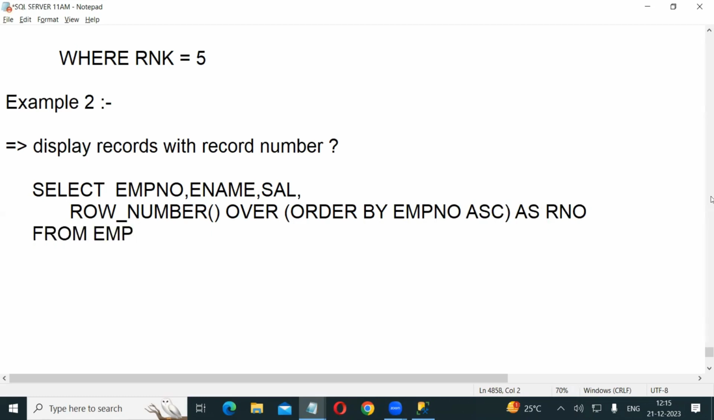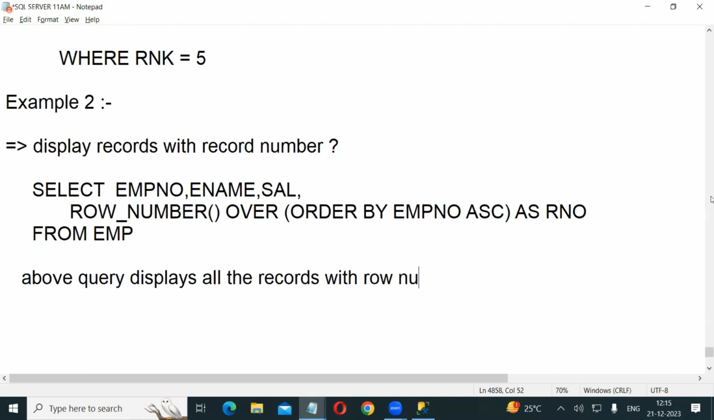So what this query gives? This query gives what? Row numbers. Okay. So every record is displayed with record number, row number. But this query displays all the records. But I want to display first 5 rows. Then the above query displays all the records with what? Row number. But to display first 5 rows,